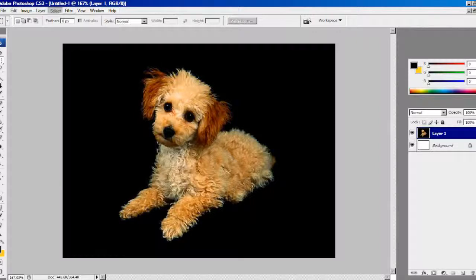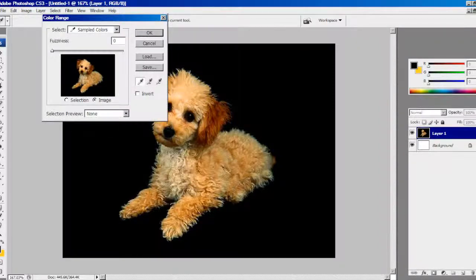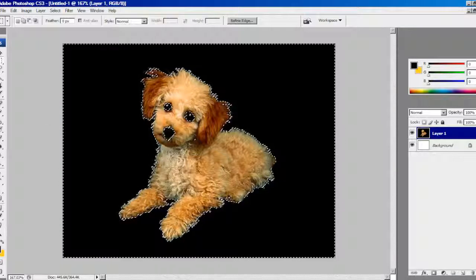So basically, you're going to want to move this bar up till you find what you need. See, like right there, if you look where the dotted edges are, it's still cutting off a little bit of its ear and stuff, but I mean, what can you ask for, right? So